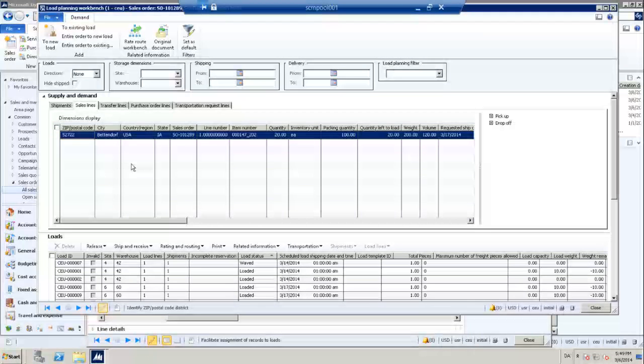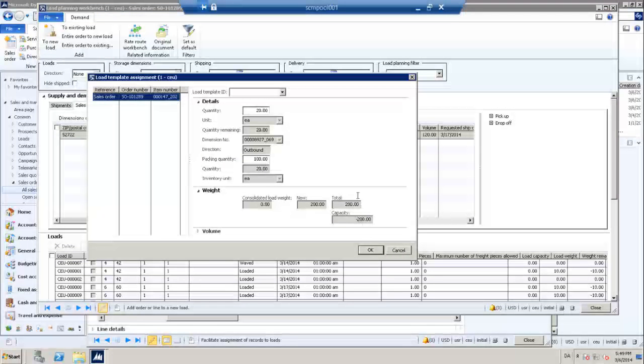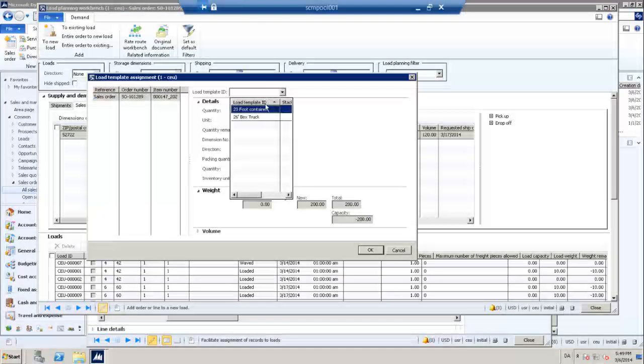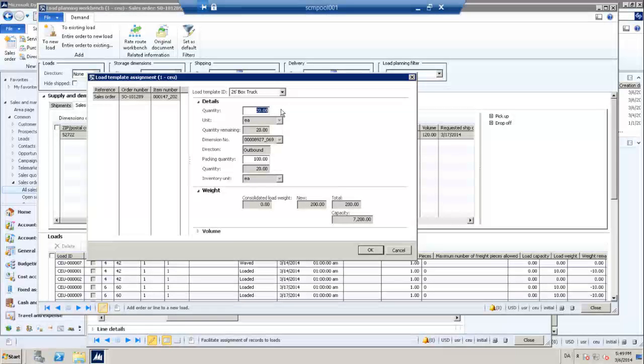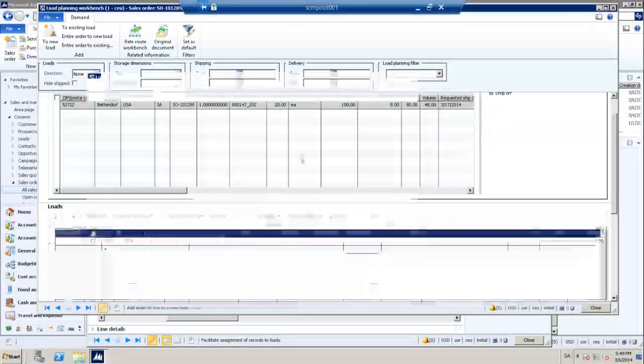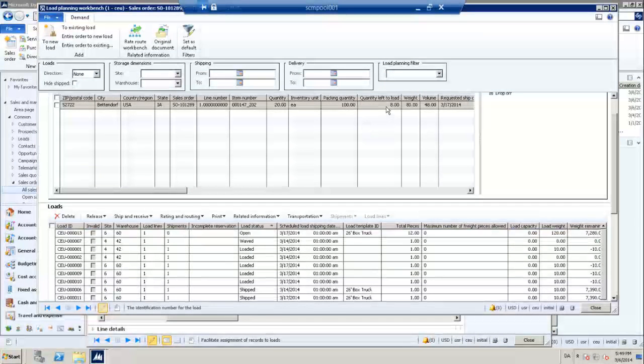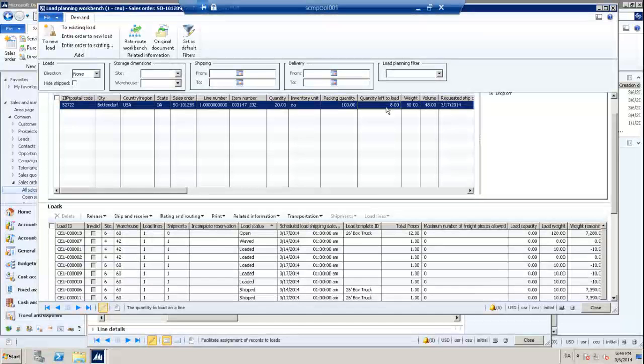So here I can see that I have 20. I want to add them to a new load, but let's say the capacity of the load is not enough, so I can just put 12 of these to the load, and then the rest 8, as you can see, would be still left on the demand lines. So later I can do those too, or I can just add them to the